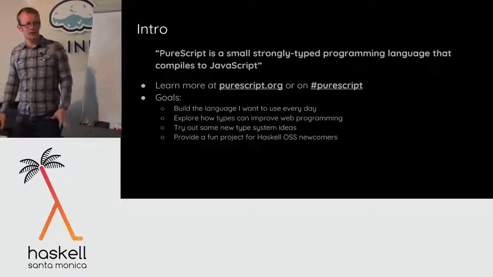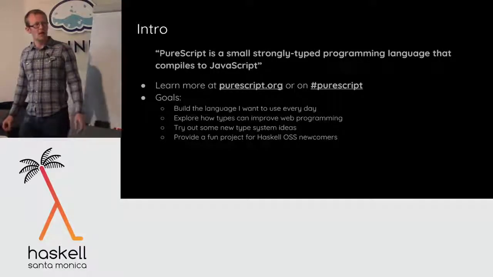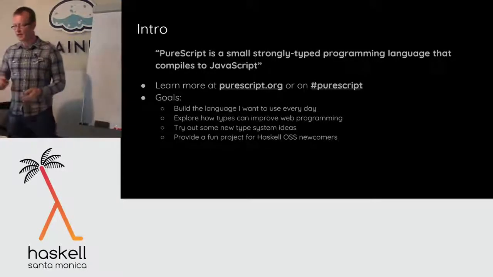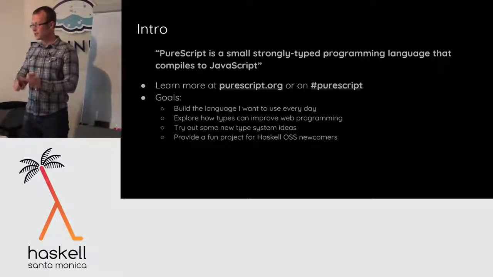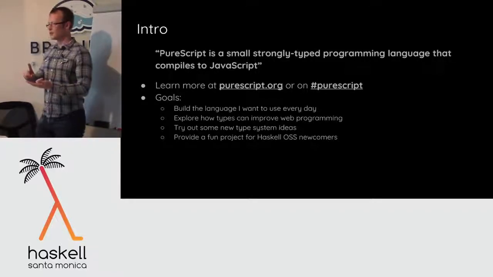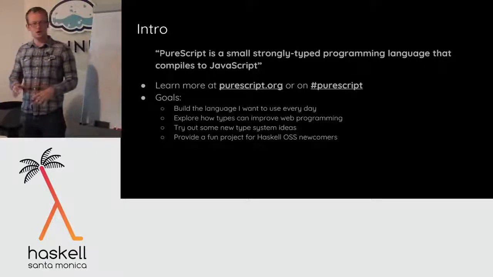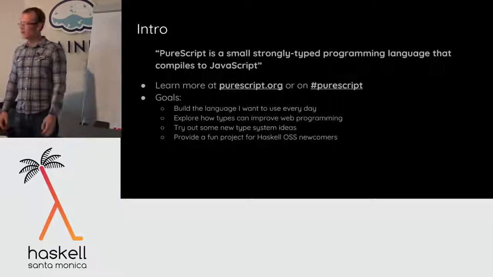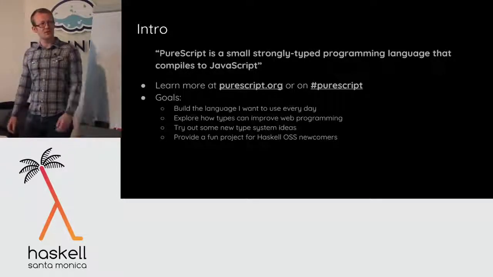Yeah, so just quickly, a little bit about the goals that I had in mind with PureScript. I wanted to build a language that I wanted to use every day. At the time I wrote it, I was using TypeScript and JavaScript. There were a lot of alternatives for writing strongly typed compile-to-JavaScript languages, like Roy, which was probably one of the ones that I took the most influence from. What else? Now there's things like Flow. There was Elm at the time that was just getting started, JS, Haste. None of them really did exactly what I wanted, so I tried to piece together the rudiments of exactly the language I wanted, and then we got a lot of contributors, and now it's obviously a much bigger language.